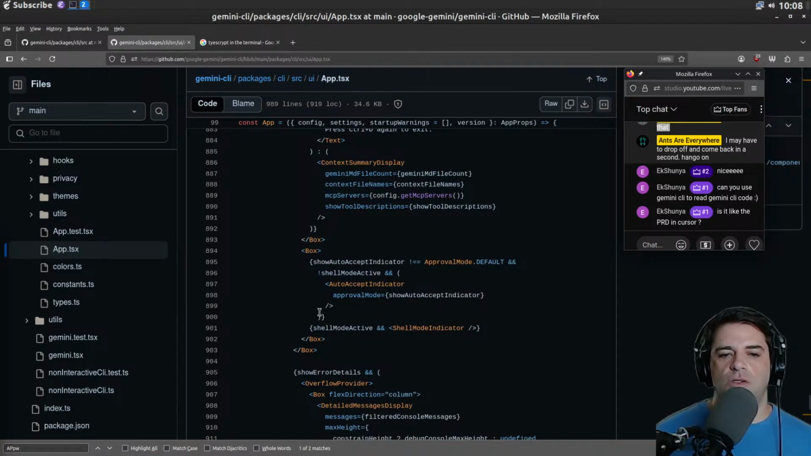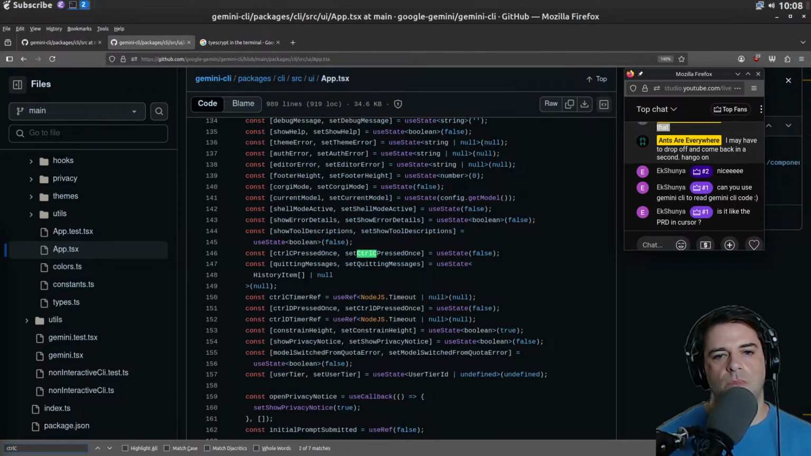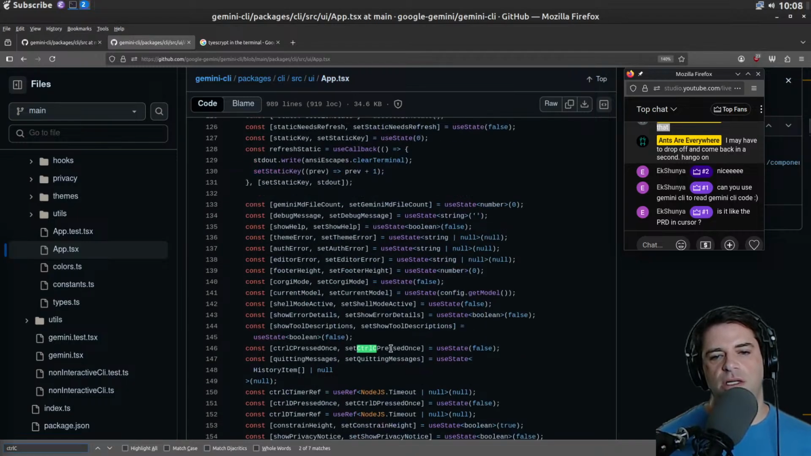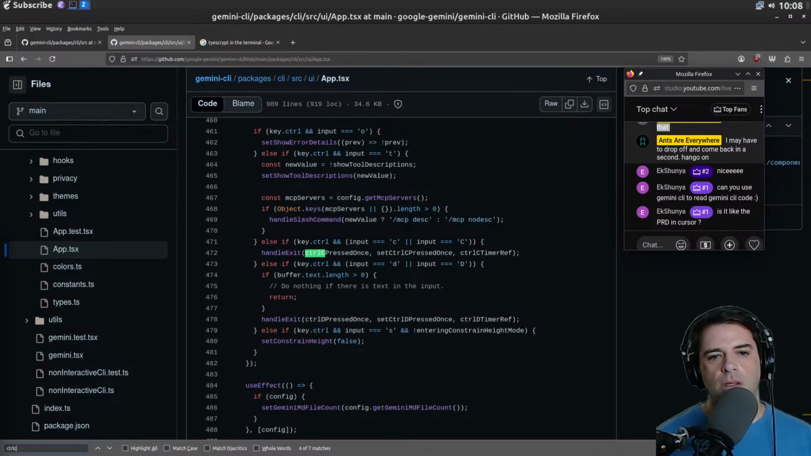And I saw Control C. And I see Control C pressed once, set Control C pressed once. So this is just, I guess, configuration for how to handle when Control C is pressed once. And so you can change that code. And then handle exit Control C. How about Control C pressed twice? Well, I don't know. Oh, okay. So it's pressed twice is just